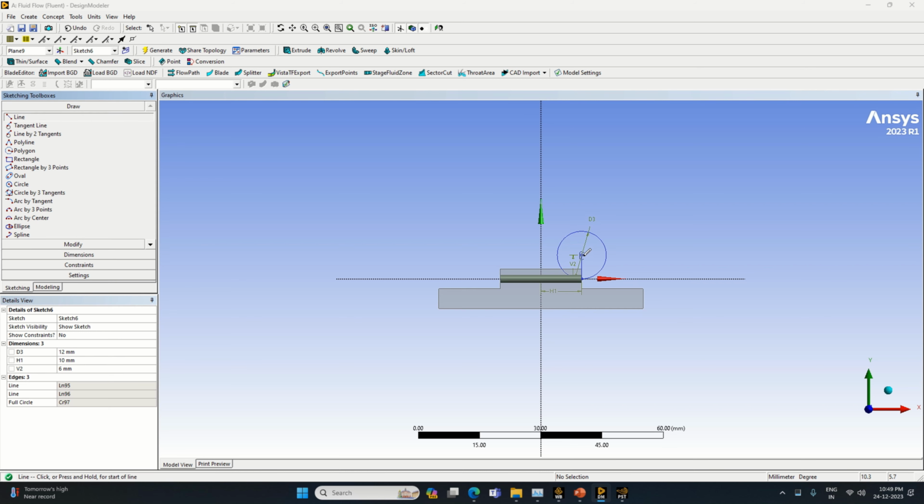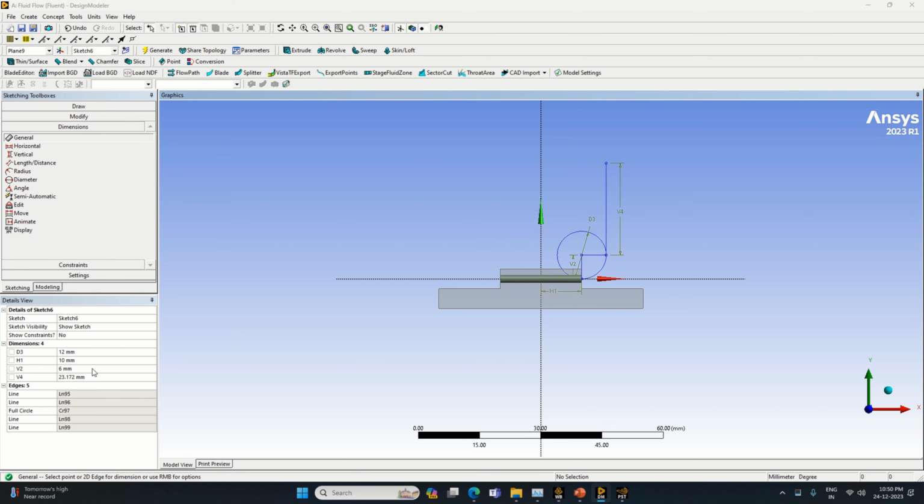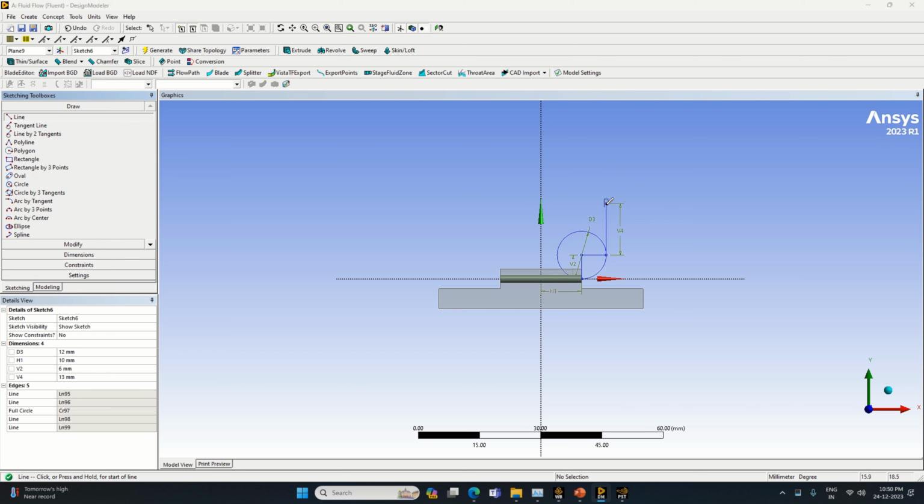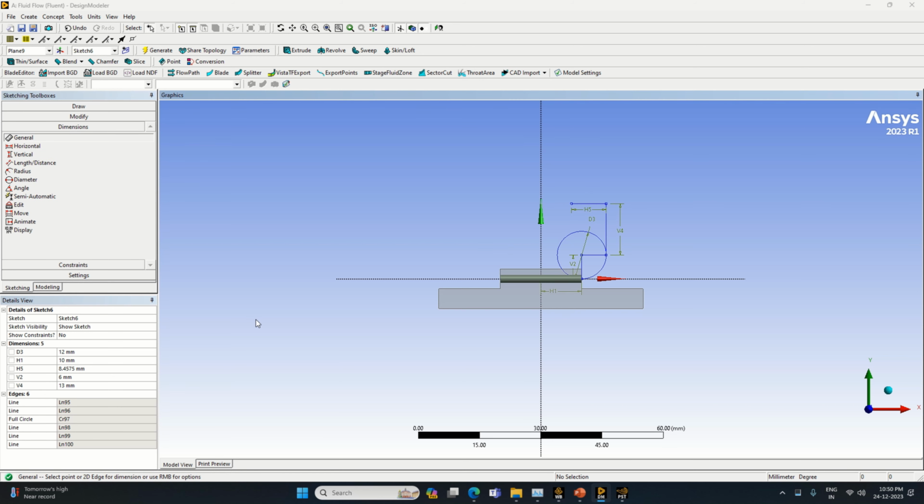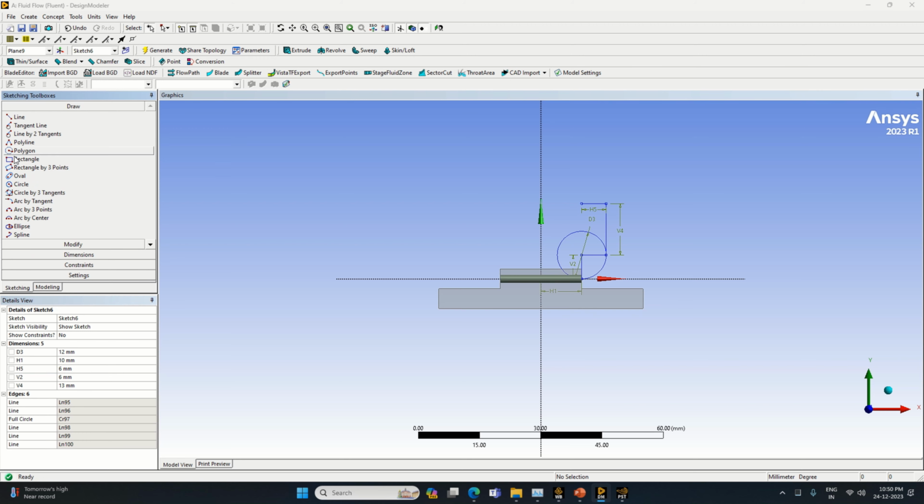Draw a line here coming to this location. Then this is to be in vertical direction. Let's take this is equal to 13. Then draw one more line in the horizontal direction. Take dimension is equal to, then draw a circle,